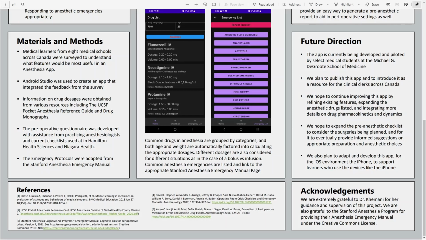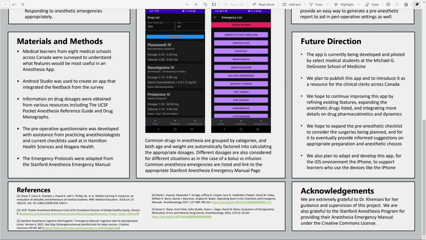Using this feedback, we started to develop a framework for the app and gathered information from various sources, including the UCSF Book Anesthesia Reference Guide, various drug monographs, the Stanford Anesthesia Emergency Manual, local pre-anesthetic questionnaires used here in Hamilton and Niagara, as well as, of course, expert guidance from practicing anesthesiologists. We then used this information to create an app in the Android Studio framework as a proof